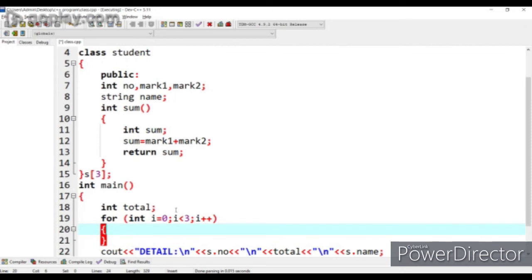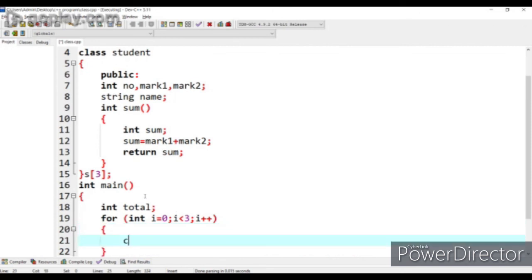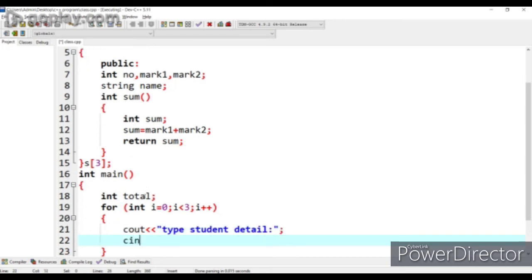Now inside this loop, let us give first the information, detail, and let us get the value of s of i dot number, and